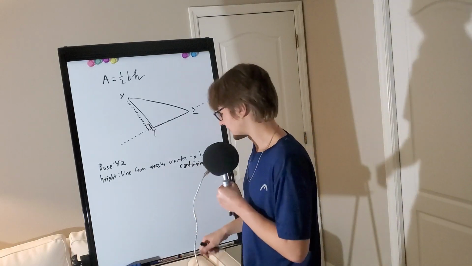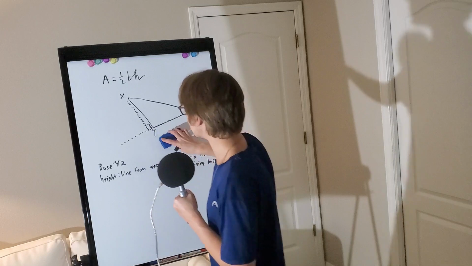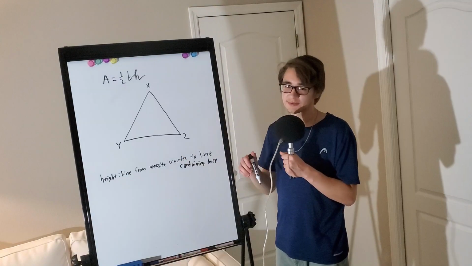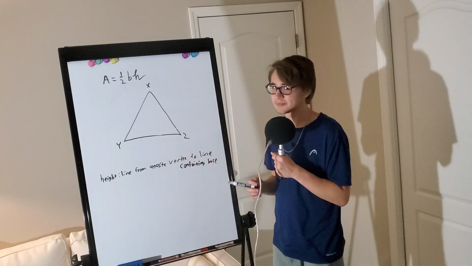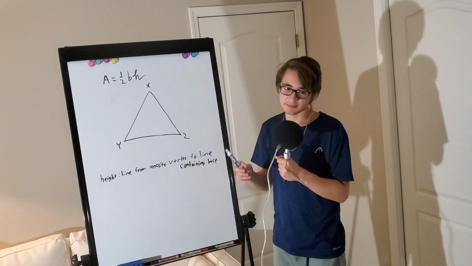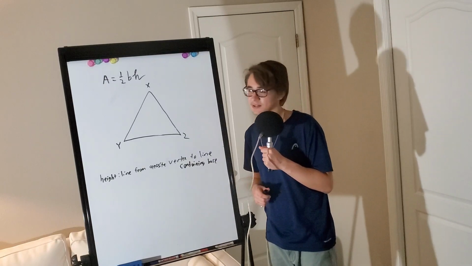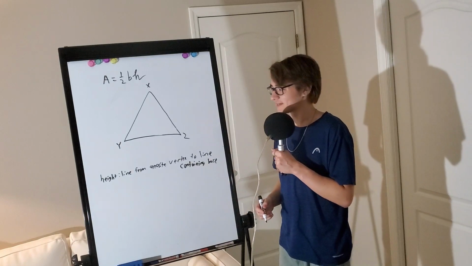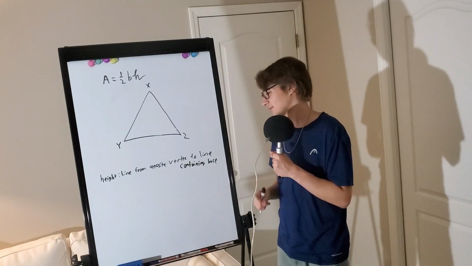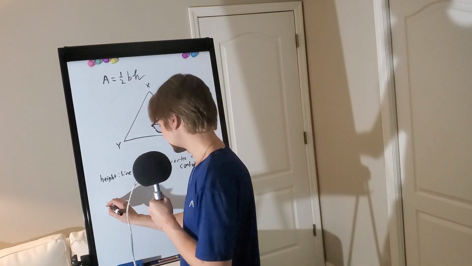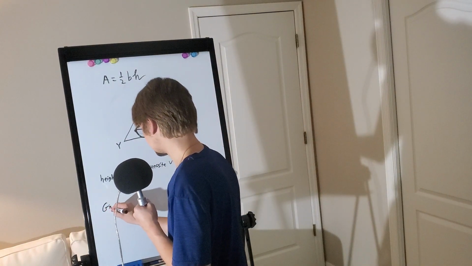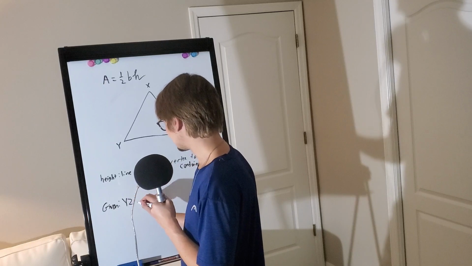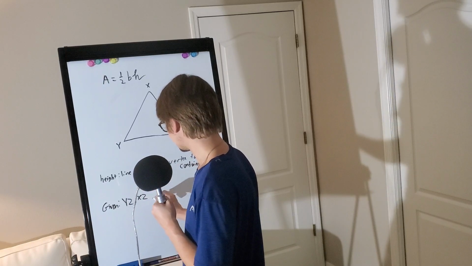All right, so let me make an even better illustration to show this next point. Let's go back to this more normal looking triangle. Then we'll repeat what we're about to do on the obtuse triangle, and we'll have to make a minor modification. What do you say let's find the area of this thing given the following information, all right? Let's say we're given the length of YZ, the length of XZ,